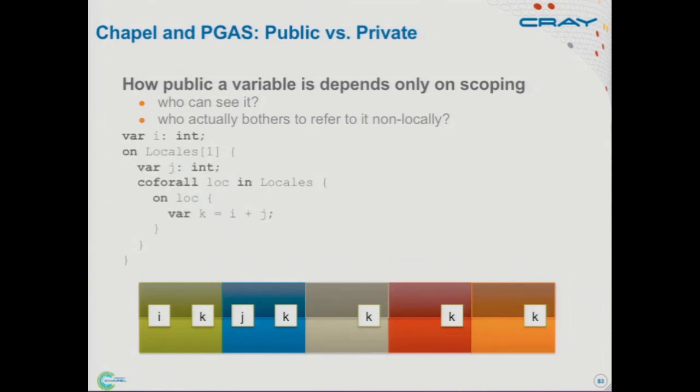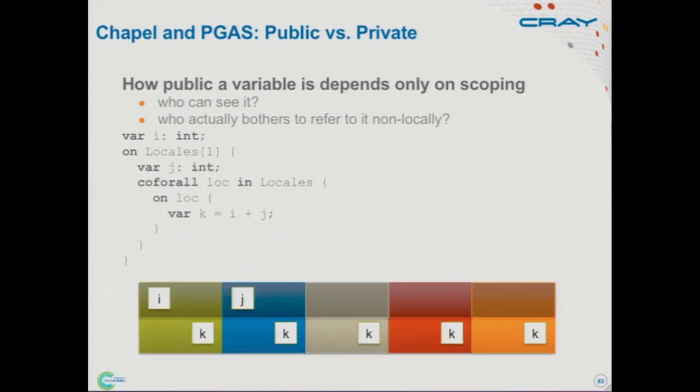So for example, putting up the exact same code that I just showed you, I have tasks in that innermost loop that can refer to i and j. Therefore, by nature, i and j are public. k is completely local to those innermost tasks, and I don't have anything else inside of there that is remote or parallel. And so k is private. So inherently, this code suggests this kind of public-private breakdown. But again, if I were to put in some additional on clauses and tasks within that inner loop, suddenly those ks are also public because things might refer to them.